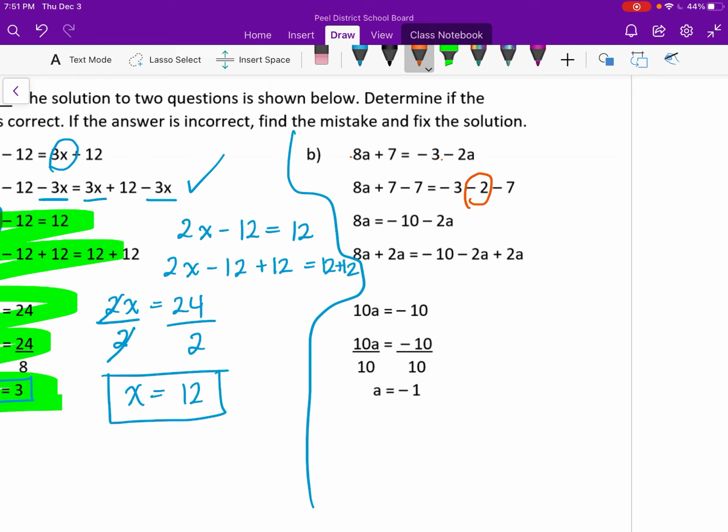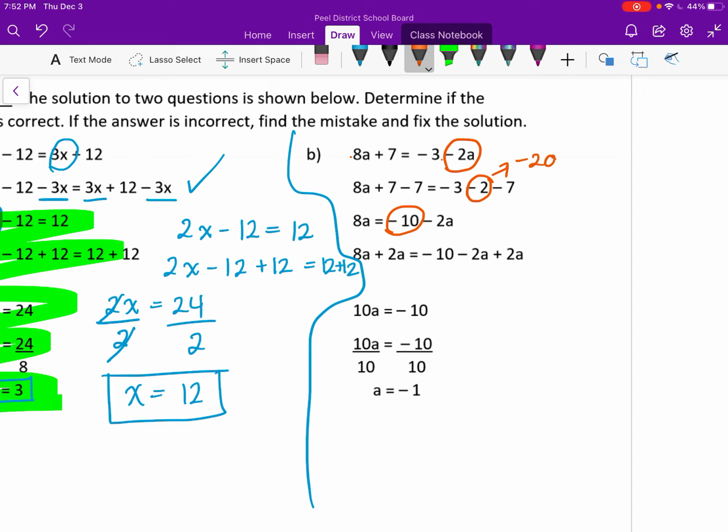I wonder why this person did minus 2, right? Because it's 2a. And if this person had just left it as 2a, they would have a different number because they would have negative 3 minus 7. And it still is negative 10. But this is bad form. Okay, make sure you always write the a in. So I'm going to go in and I'm just going to say